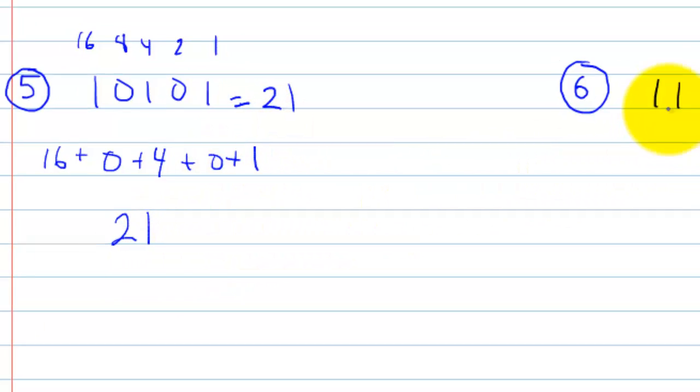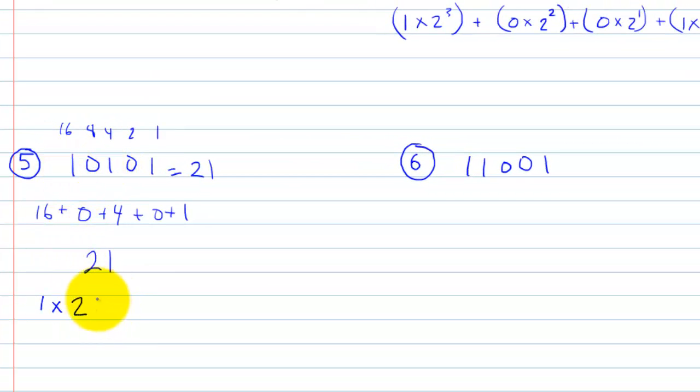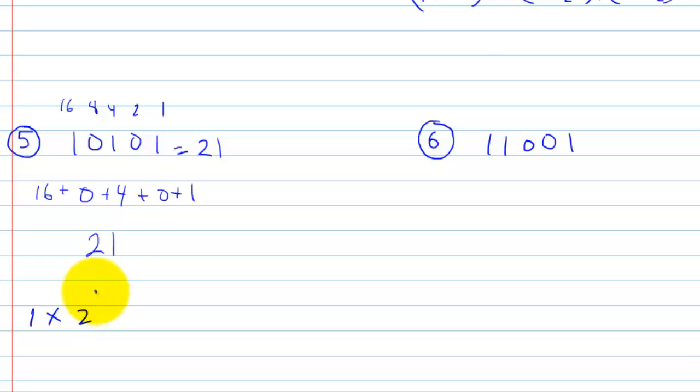And then we have this value here, 11001. You could write this value out like this. Since there's only 5, I will do it that way. Normally, you don't do it this way because it takes forever, but I'll do it just so you can see. So this is 0, 1, 2, 3, 4. So this is going to be 1 times 2 to the 4 power, plus 0